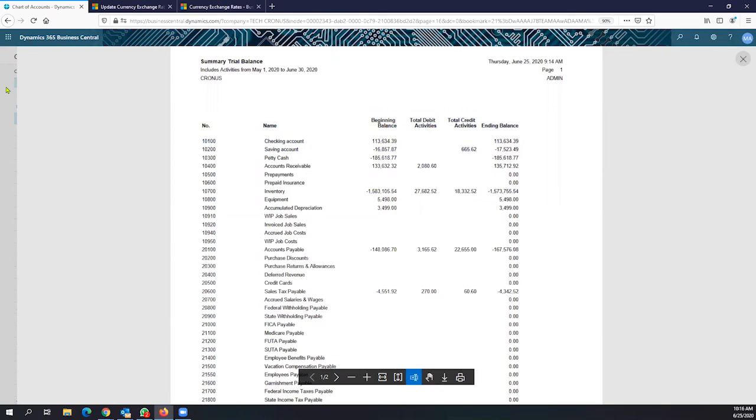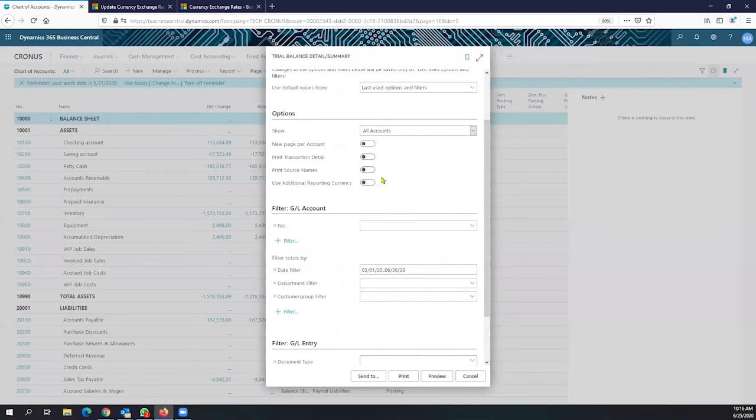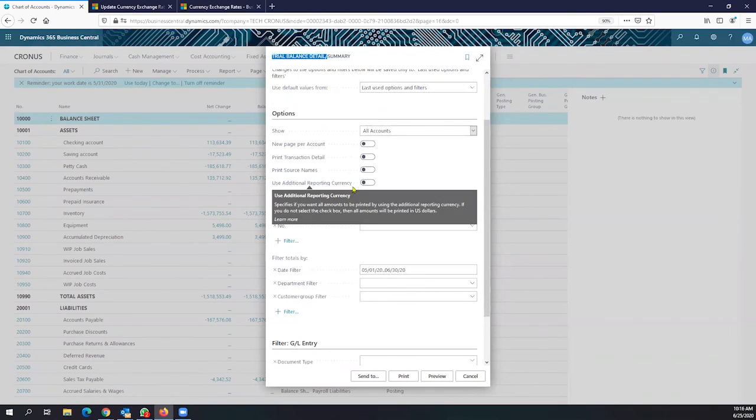But all of them will be using the following criteria once we have set up the information in the ERP to convert your currencies, your values, to any currency desired. Okay, because I have set up Canadian dollars. If I print the trial balance again, but using the use additional reporting currency, if I just preview this document again,